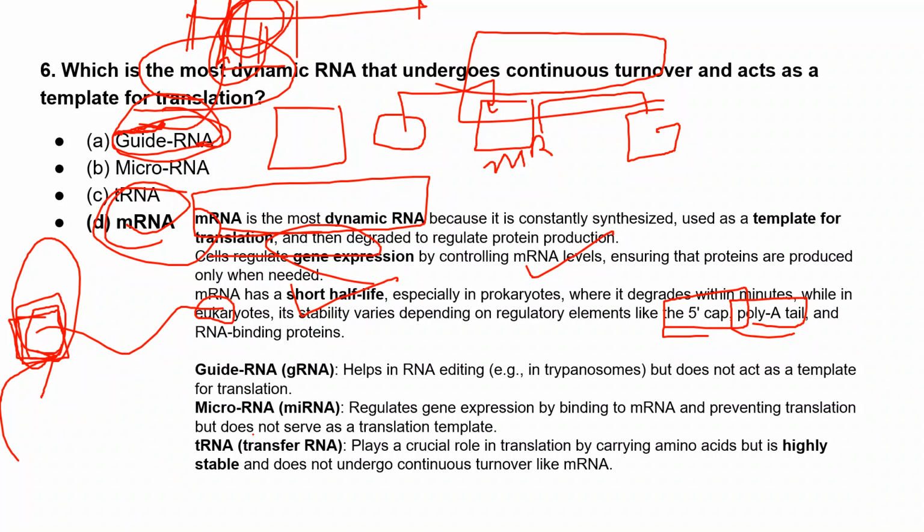MicroRNA also regulates gene expression. And tRNA helps in the amino acid sequence. This is the ribosome, and tRNA mostly sits over the ribosome. This tRNA has an acceptor end and another end for the peptide. The acceptor end takes the amino acid, and the other end helps form the peptide bond and join the amino acids, like proline, then glycine, lysine.